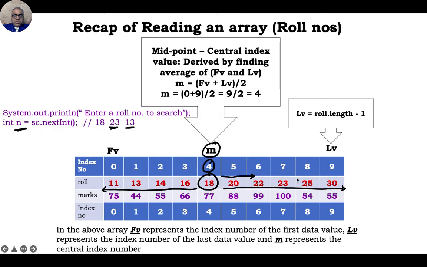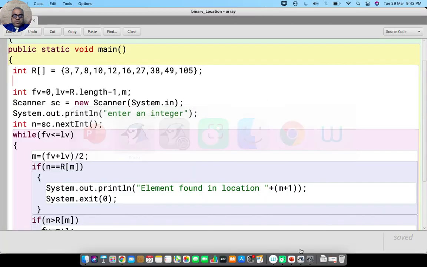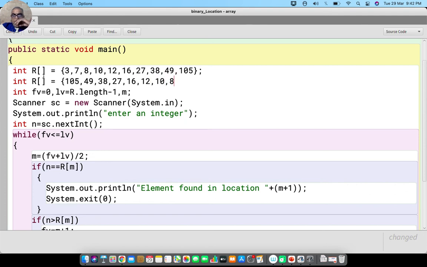So in a situation, let's say that my data, so I am going to say int r, I am just still going to keep r only, is equal to, now instead of data in ascending order, what if I have 105 now, and I have got 49, and then 38, and then 27, 16, 12, 10, 8, 7 and 3.